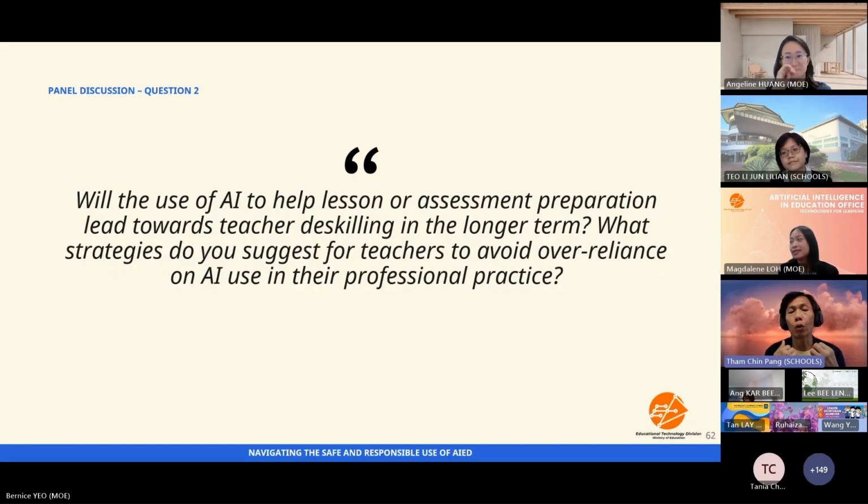So I think at the end of the day, we need to have that kind of mindset so that we are able to use AI in a very, very positive manner and not think about over-reliance. So teachers, I think we are all very, very proud of our profession. At the end of the day, the use of AI should enhance the value of you as a teacher, as an educator who really knows your students, who is able to deliver the instructional objective to them in a very, very powerful and meaningful manner moving ahead.